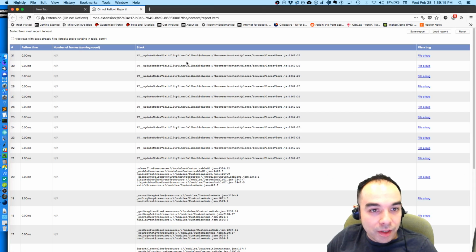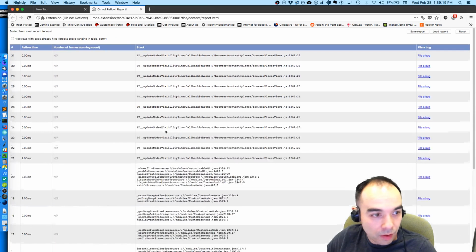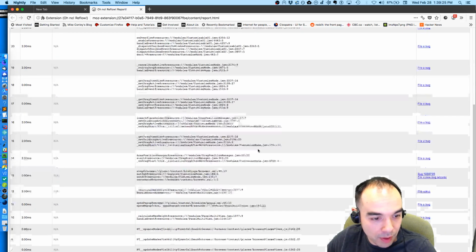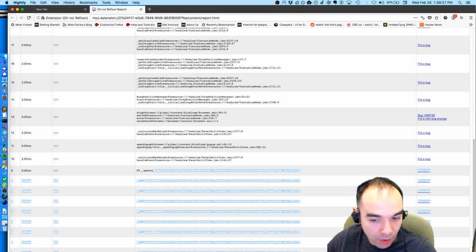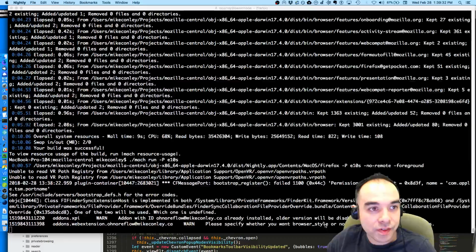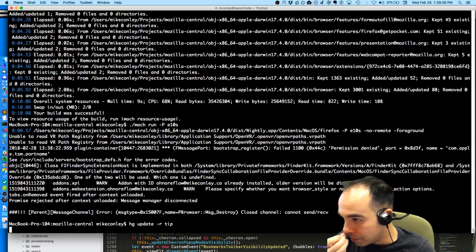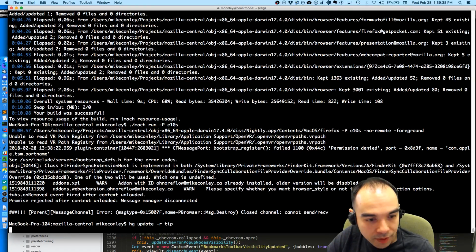PT update nodes visibility timer callback. That is being called a lot, and this one cost 2 milliseconds. Most of these were pretty cheap, but these were pretty bad. They're not great, and there were more here. And so now that we've established that we reflow in that case, we will now update to tip where we have our fix,